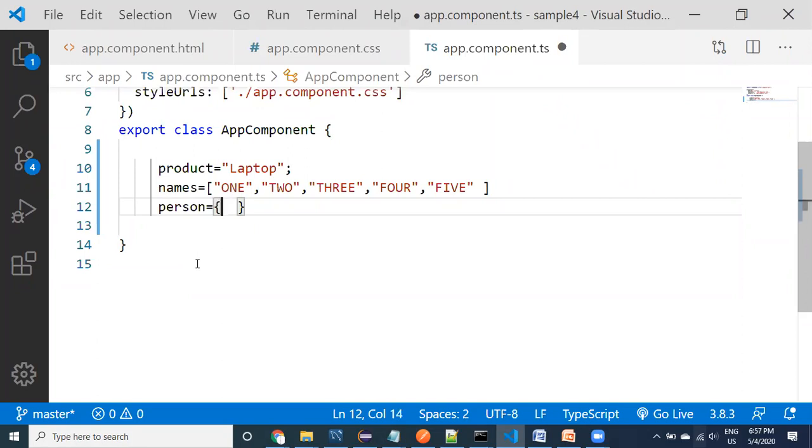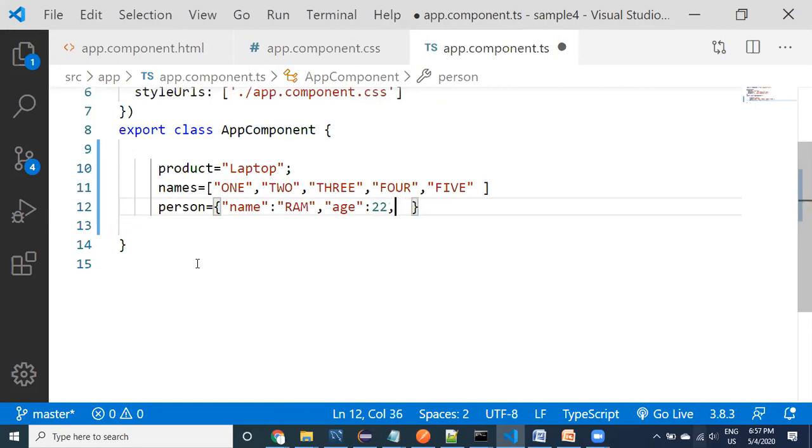So person equal to, let's look at it. This is a key value pair. This can be called JSON data. Name is something like Ram, and age 22.